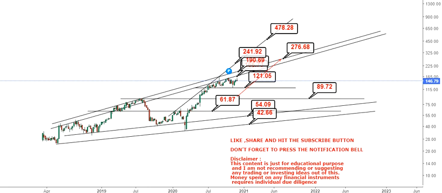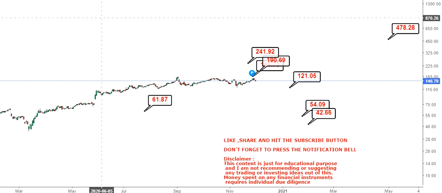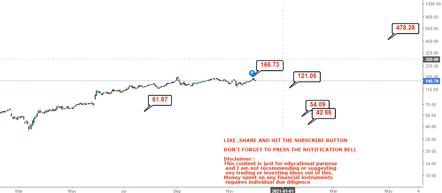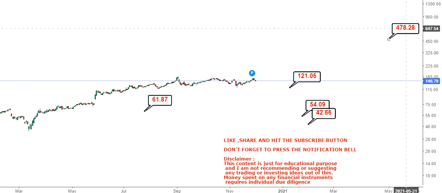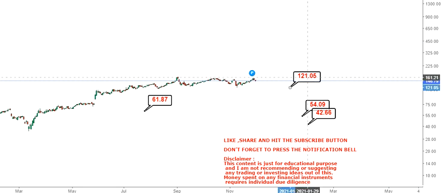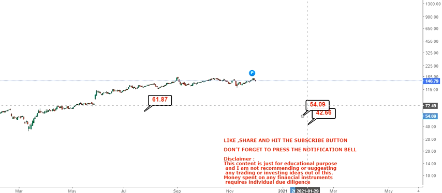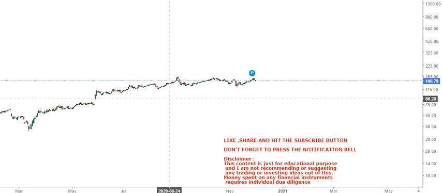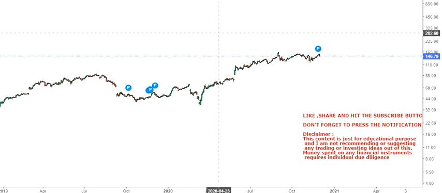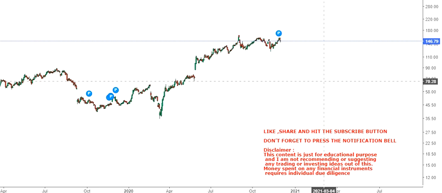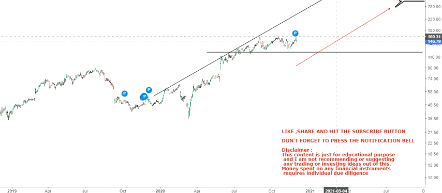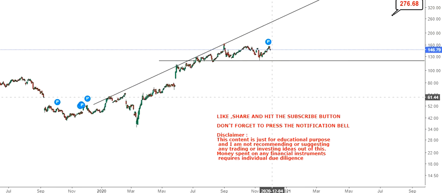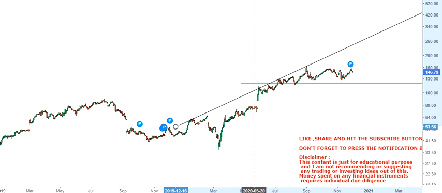Now looking at the daily chart, you will see lots of volatility, and the levels which we need to look at here will be different. Okay, let me just delete all the levels which I have used for the weekly chart, and for the daily chart you will see that the stock is moving up and it is a positive trend. Okay, so let me just delete all these things.